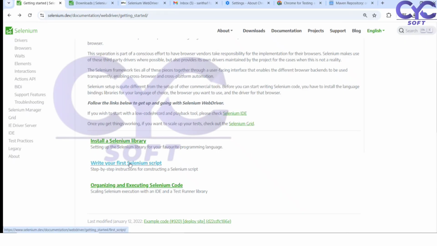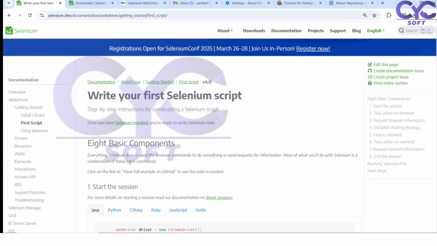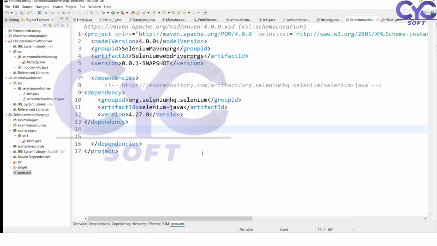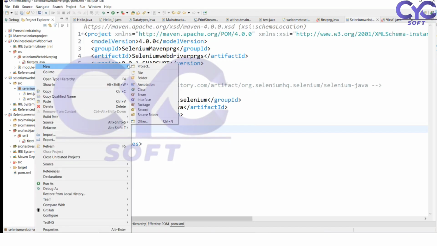Then I will start writing the programs. To start writing the program, we have basically 8 components we have to know about Selenium. Then only we will be able to write the Selenium program. Okay. So first one, what are the components? Start the session. So we have to start the session. To start the session in Java, what did we do? Here I am going to be creating a new